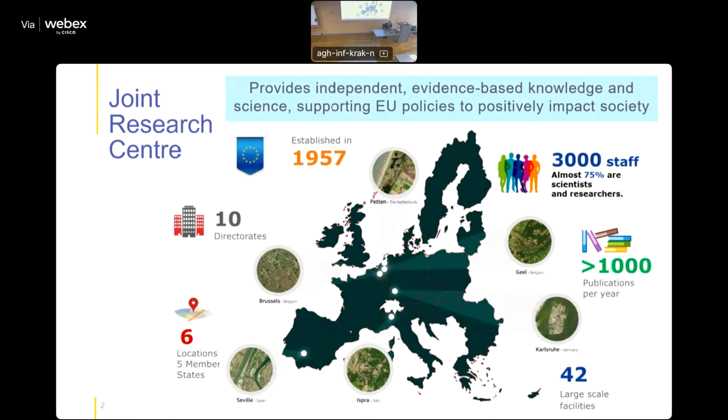We are around 3,000 employees with a high percentage of researchers, and we are located in 5 different member states: Italy, Germany, Belgium, Spain, and the Netherlands. JRC focuses on a wide range of research topics surrounding the various EU policy goals. This includes areas like climate change, energy, digital transformation, health security, with in general a strong emphasis on sustainable development